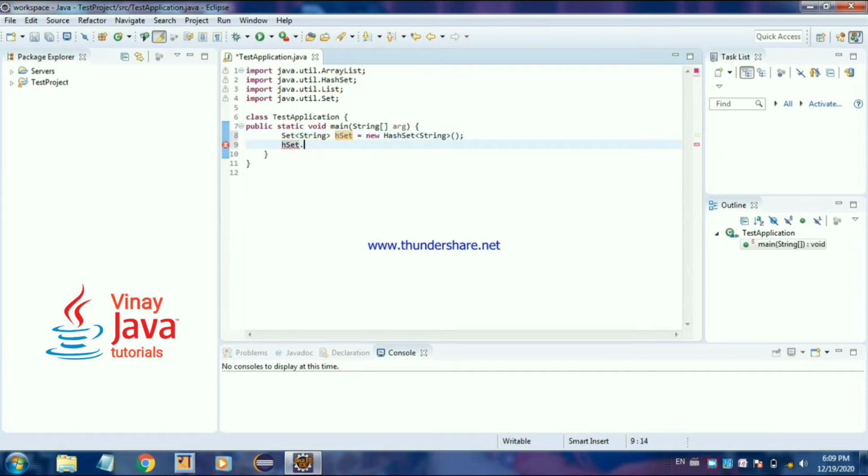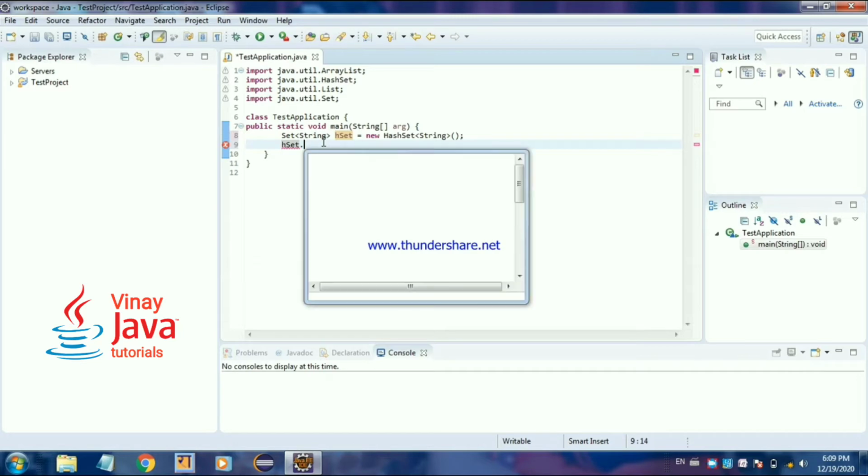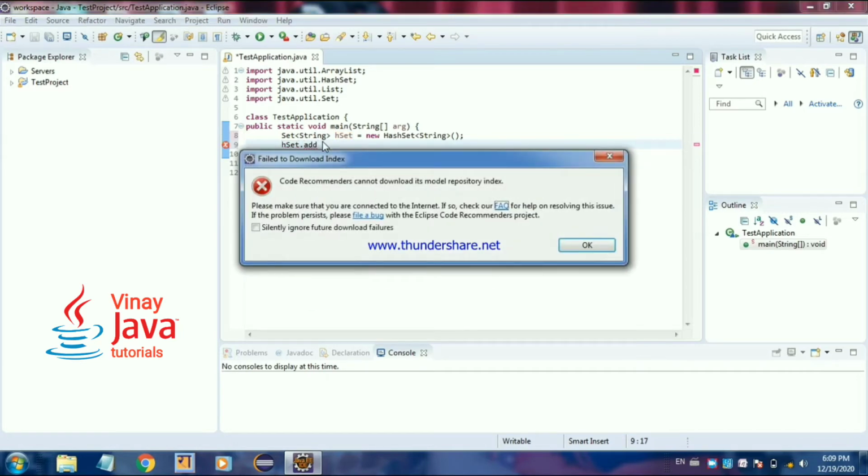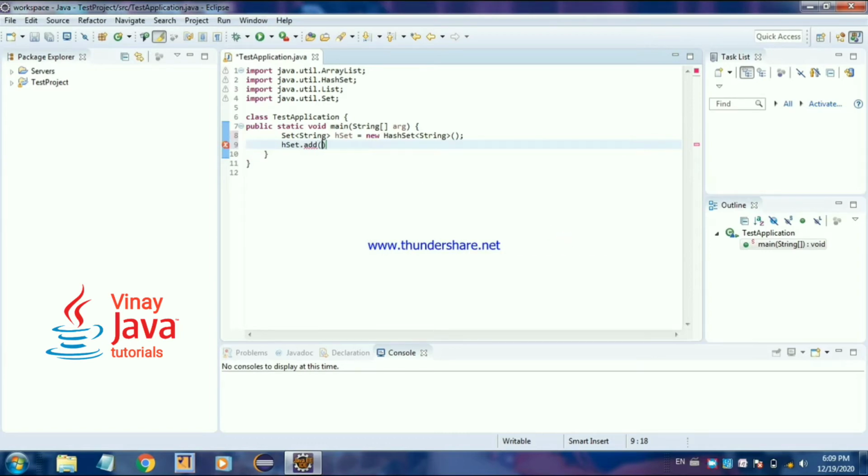Dot add method is there. So there is add method in hash set. I will call add method, and inside that I will put the string object. So let's put the string as Vinay.